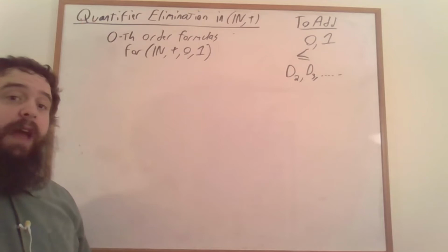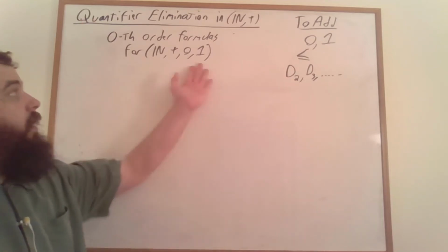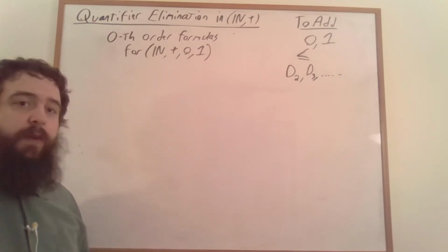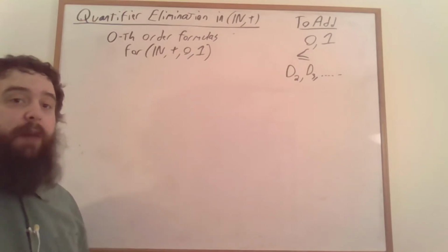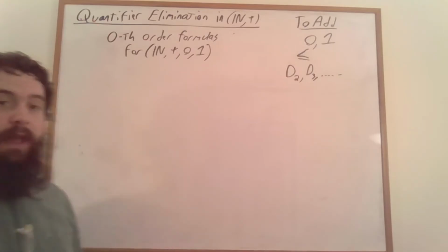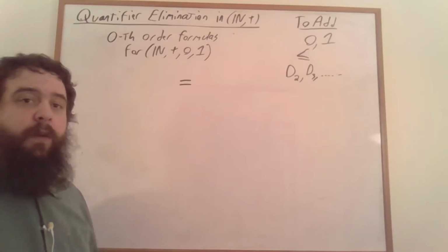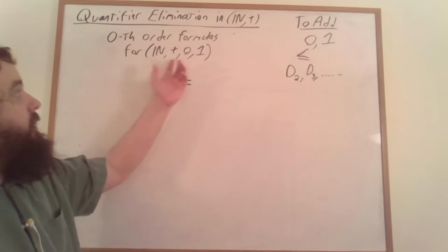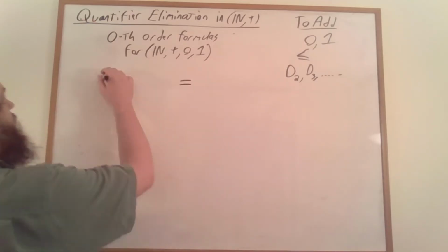Let's take a look at what sorts of predicates we can describe as zeroth order formulas over this particular structure here. This structure doesn't have any relations to it yet, so the only way of building up an atomic formula is with the default built-in equality relation. And on the left and right-hand sides of this equality, we need to put some sort of term built up out of variables, addition, and our constants. These terms are going to look something like,